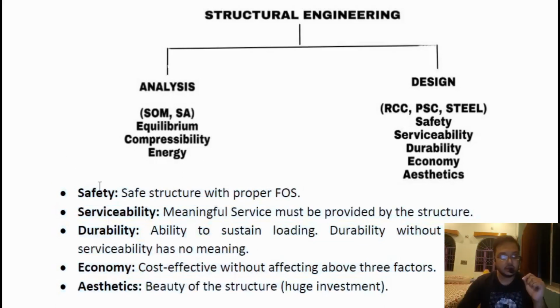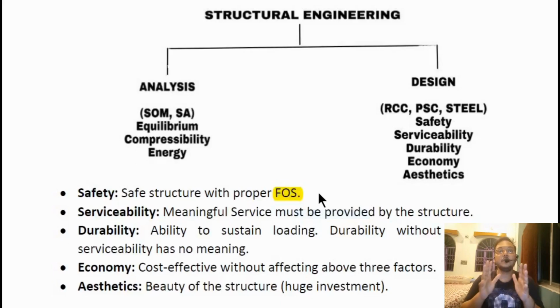The first thing is safety, that the structure should be safe, with a proper factor of safety, that is FOS. FOS is one parameter which says how safe a structure should be. Suppose I am supposed to have a particular beam which is carrying, suppose I am designing it to carry 10 kilonewton. Now the code says that we will go for something higher, like we will design it for 15 kilonewton,